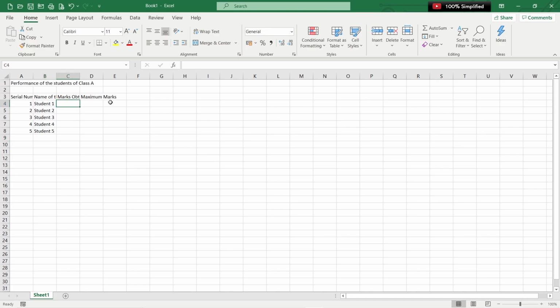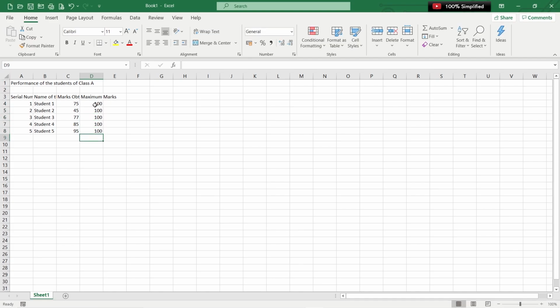Let's say each of these students obtained very different marks. The first one being 75, next one being 45, third one being 77, fourth student got 85, fifth student got 95. And we have the maximum marks. Let's say everyone had a maximum marks of 100.